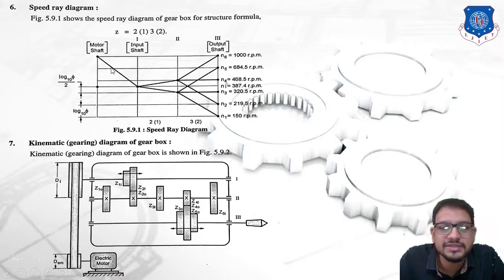Okay, now let us plot this diagram. Since we know that the motor is running at 1000 RPM, but our input shaft will always be at a lower RPM, that is at a median speed, let's say ni speed. For that we need to step down the speed. You can clearly see that this line represents that our speed has been stepped down from 1000 RPM to the median speed of the input shaft, that is ni. This ni is equal to 387, which we have found out, and we'll see how we determined that. Now from this point, can I say that this is our first stage, and in this stage how many speed steps are there?